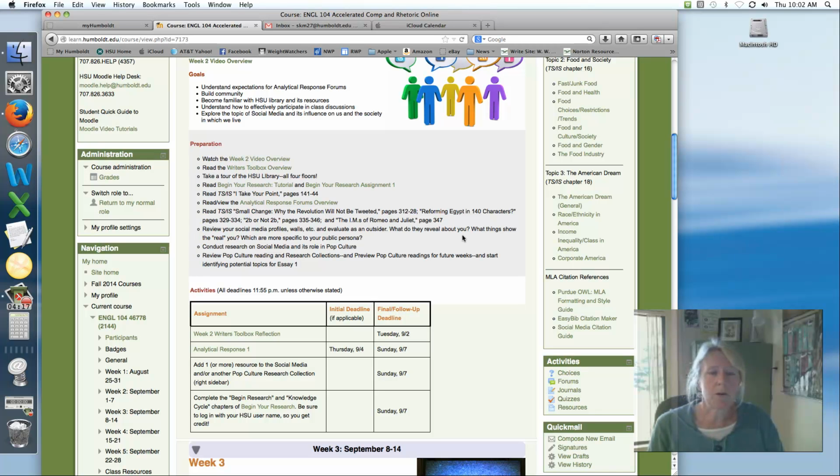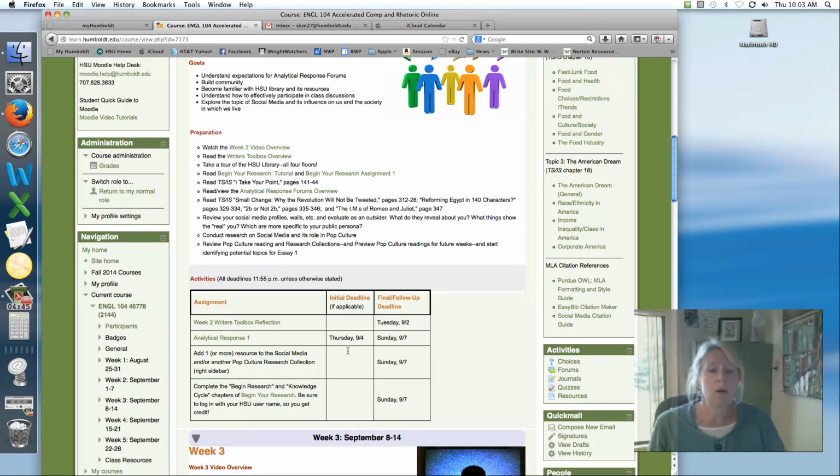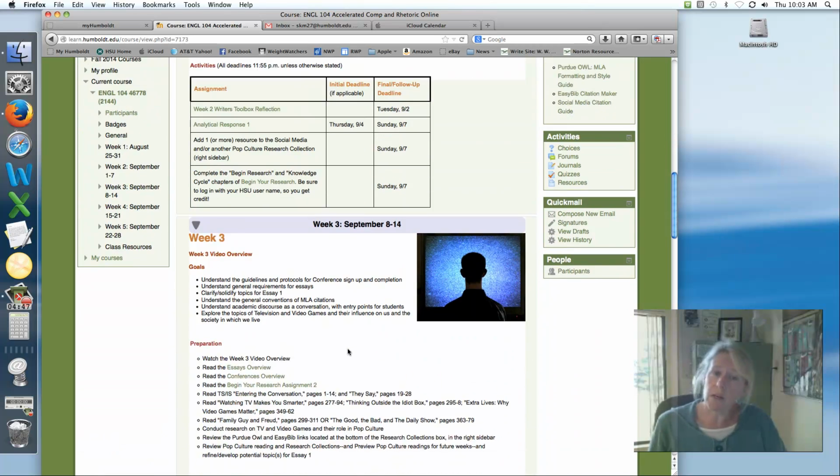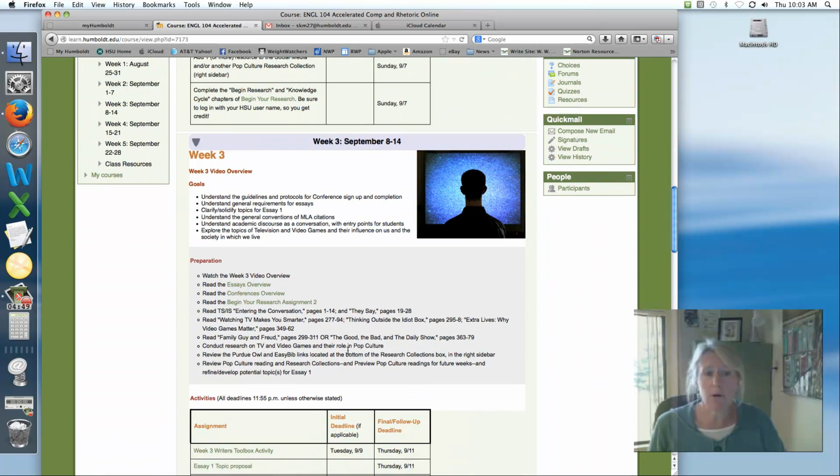I've had people post rants on a subject versus an analytical response that's logical and thoughtful and integrates the reading material, which is really the purpose of this. Also, a note that you need to post your initial response, but remember for this assignment, it does have 2 deadlines. One is that initial response, and the second is to go back, read the responses of others, and comment. And that's also described in the analytical response overview. So if you don't do both parts of that, then you won't get credit for the assignment. So it is important that you do that.